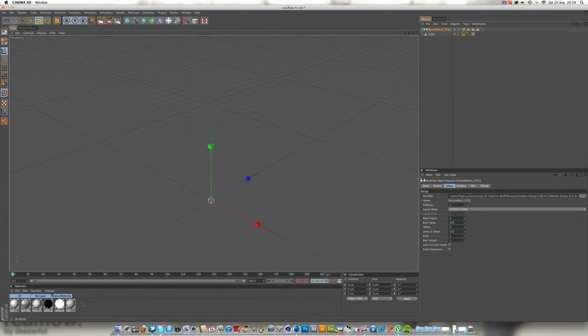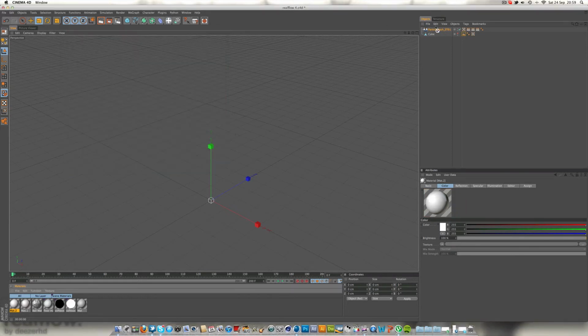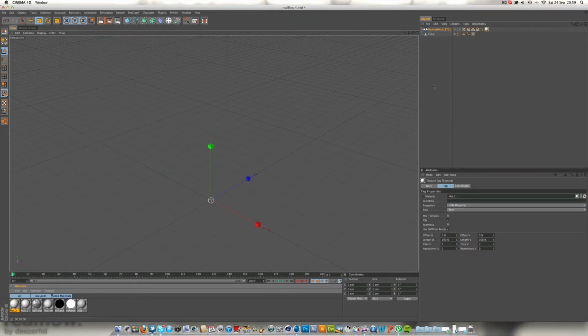So I then created a new material, and I just made it completely white. Reflection, I put that on, put some Fresnel on, and I just think I put it to about 30 and 20%, just roughly, and I put that straight onto my particle mesh here. And